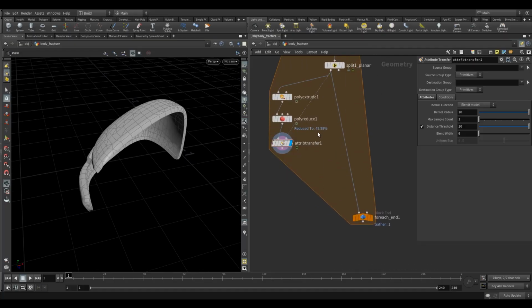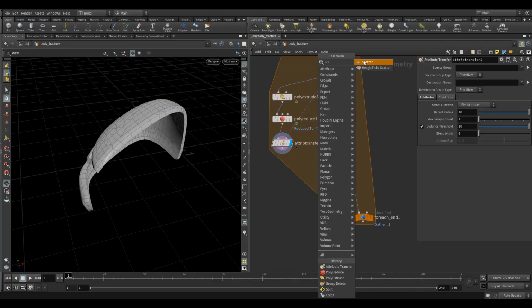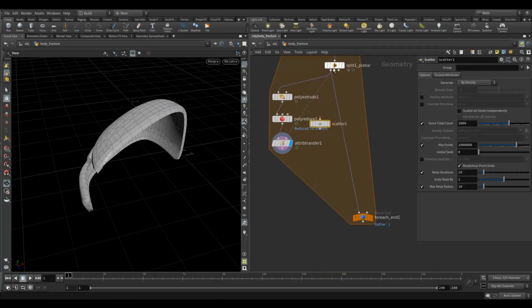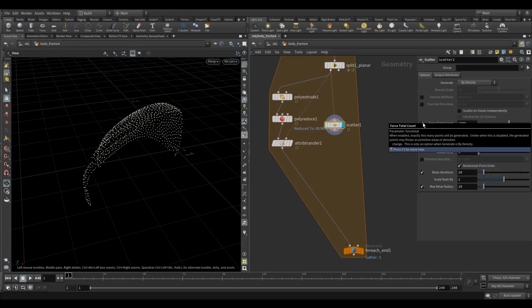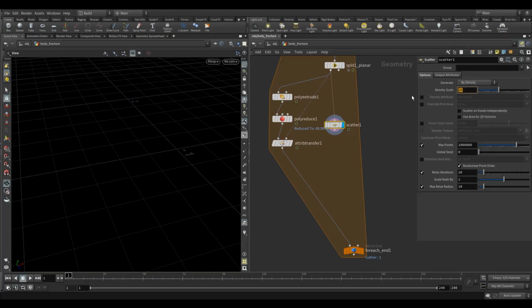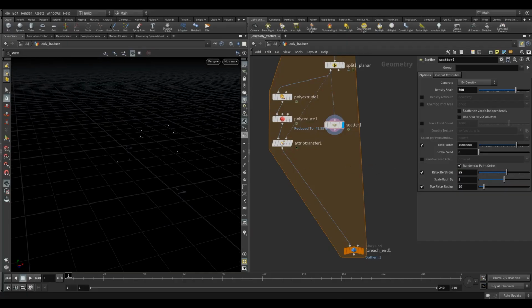And then obviously we want to fracture this now. Okay, so I'm just going to use the standard Voronoi fracture. So we need to make points from this. Let me click this into the bottom here. So we'll make some points. Yeah, we don't want to use force total count because we've got different size pieces. Obviously, you don't want 1,000 pieces on a tiny piece and 1,000 on a giant piece. You'll just get very uneven fractures. So we use a density scale. I'm going to set this to 500 and relax iterations. Push this up to 55. Okay, so that we have quite even pieces,